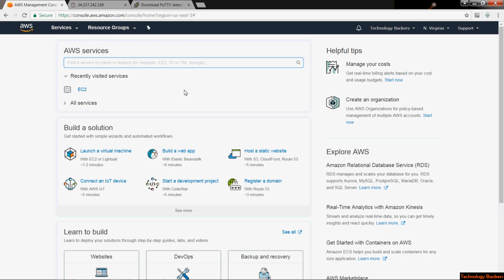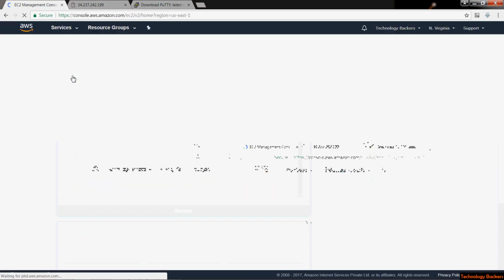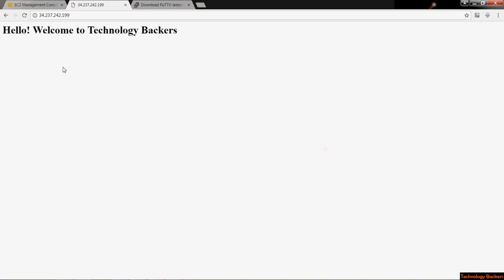Okay, so we are on the AWS console. Now here I'll search EC2. Here it is. So the end goal of this lab is to launch an EC2 instance and make it a web server, and this is how we want a server to fulfill our request, like "Hello tech, welcome to technology," because this is an HTML page, but it is on a public subnet,